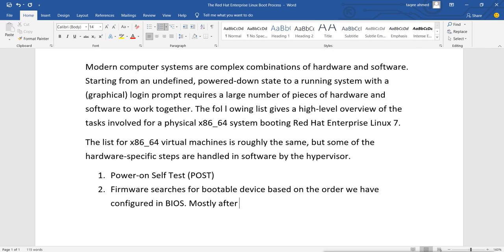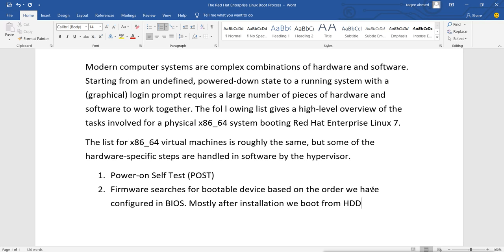after installation we boot from the hard disk drive. If you have not installed the system and you want to install it, then we boot from the DVD drive, network drive or removable drive.